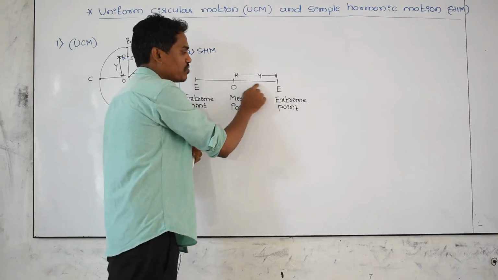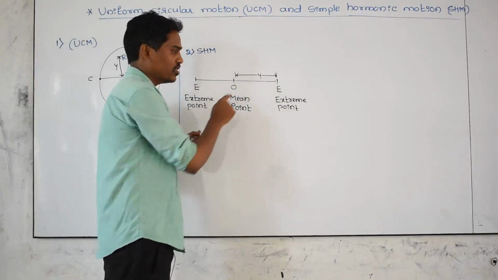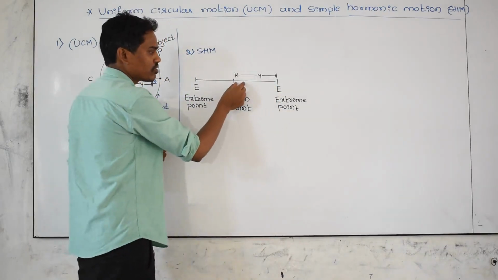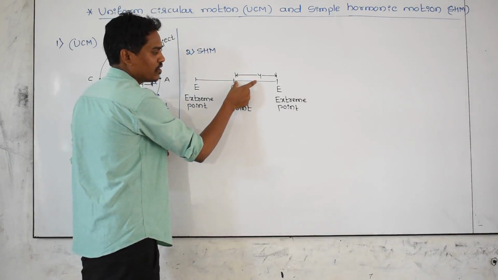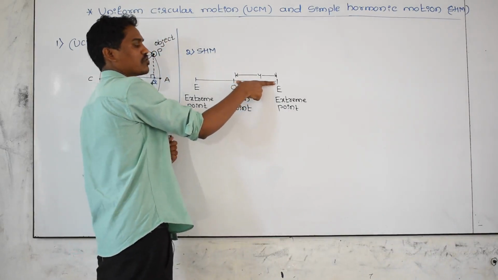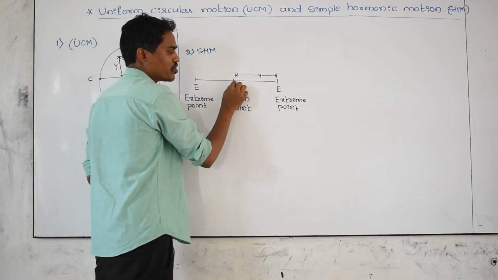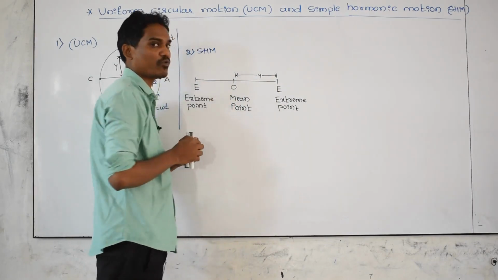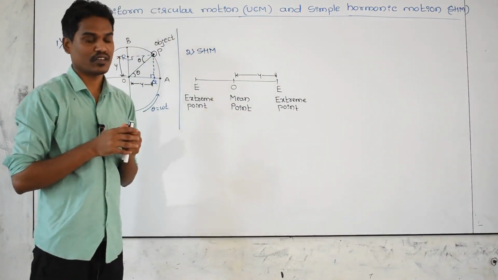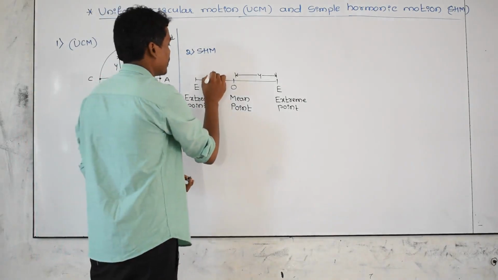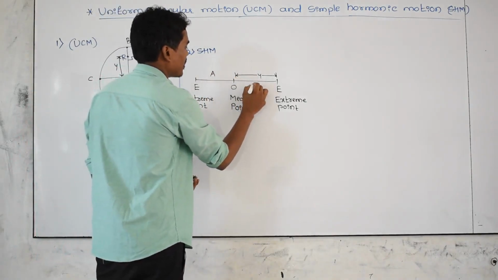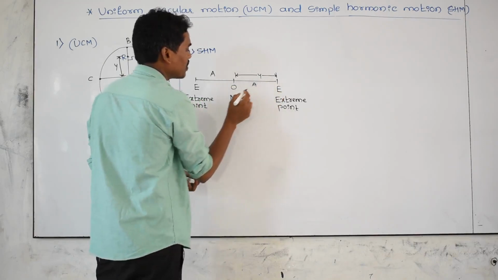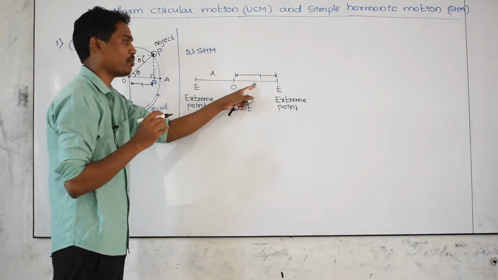Here to here, this maximum displacement is indicated as y. This maximum displacement in simple harmonic motion is called amplitude. This is a displacement, this is also a displacement, and this is also a displacement. But from the mean position, this displacement is maximum, or this displacement is maximum. We call it the amplitude, indicated as capital A. Here to here, this maximum displacement of the object in simple harmonic motion is called the amplitude.